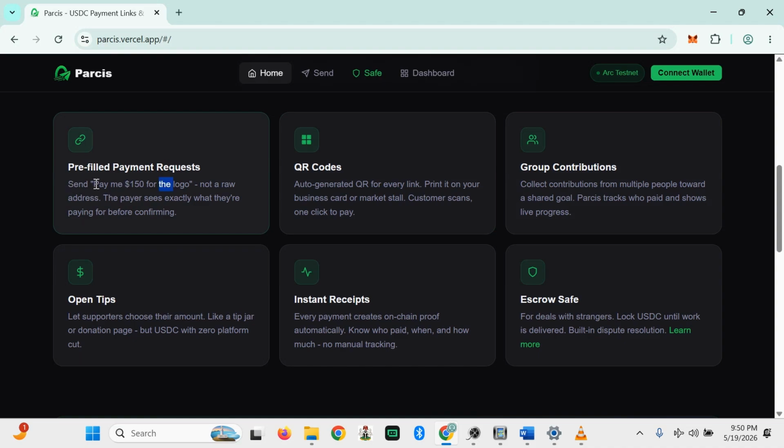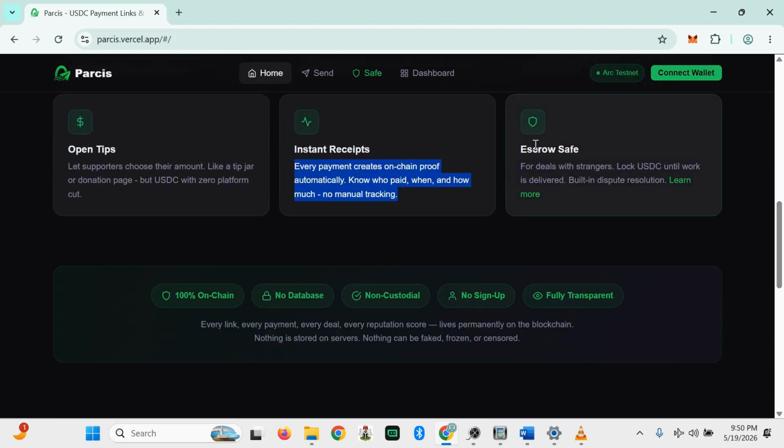We have the QR code method, group contribution, and open tips. You can create an open tips payment for contribution or donation. We also get an instant receipt.